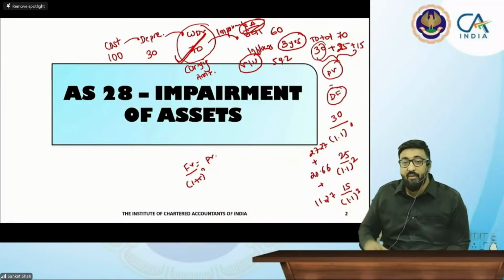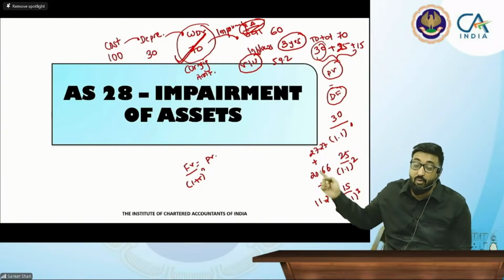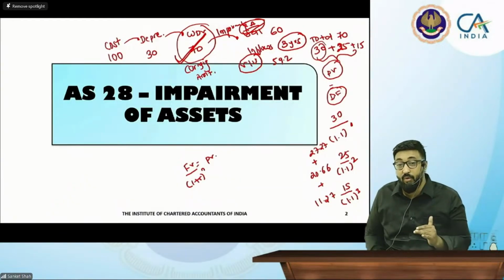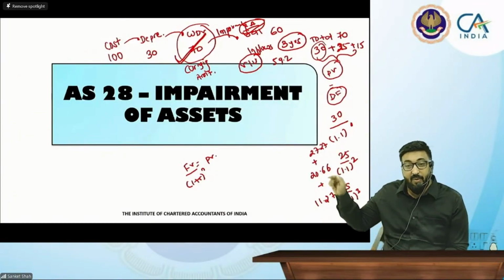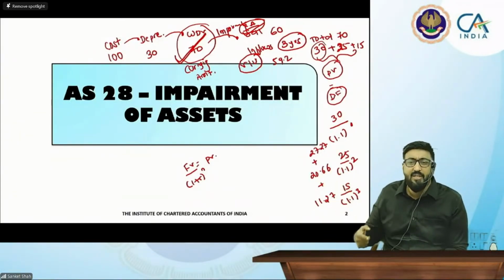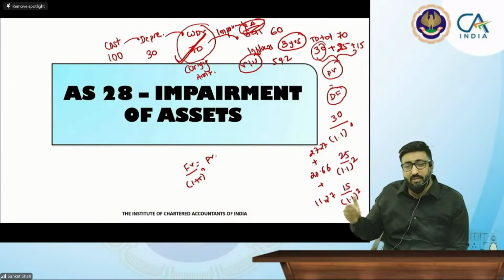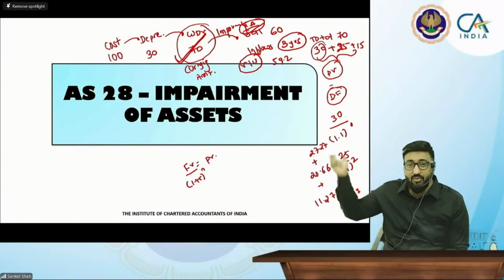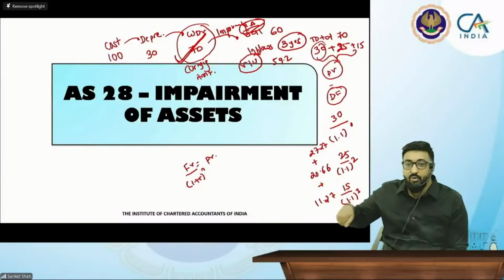आया समझ में? तो ये प्रेजेंट वैल्यू हमें निकालनी पड़ेगी, और इस कैलकुलेशन में हमें डिवाइड करना पड़ेगा: 30 डिवाइड बाय 1.1, 25 डिवाइड बाय 1.1 रेस टू 2, और 15 डिवाइड बाय 1.1 रेस टू 3। अभी इनकी एडिशन करनी पड़ेगी। इससे अच्छा मेमोरी प्लस का फंक्शन यूज करो, या कोई बच्चे बोल रहे हैं जीटी का फंक्शन यूज करो। मैं मेमोरी प्लस यूज करता हूँ नॉर्मली। वाई? कभी कभी कुछ ईयर्स हमें नहीं लेने रहते हैं, तो इट्स बेटर टू यूज मेमोरी प्लस का फंक्शन। उसका एडिशन लिया तो 59.2।